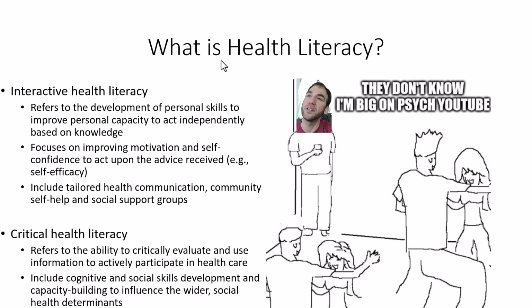So, critical lens here. The idea is, okay, yes, you have the information, you can act on it, you have these personal skills, maybe you're confident, maybe not all those things at the same time, but now you're also thinking, okay, well, this is insufficient. Or, can we think of a way to design the world differently to decrease negative health outcomes? So really looking at those social determinants of health,